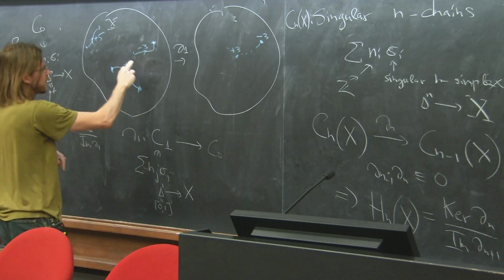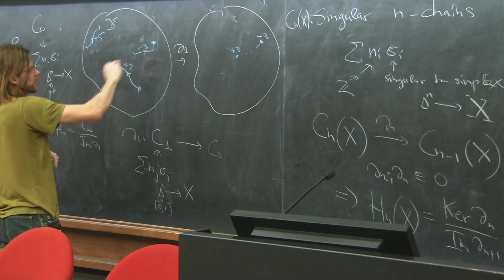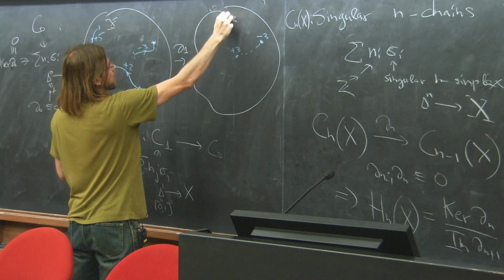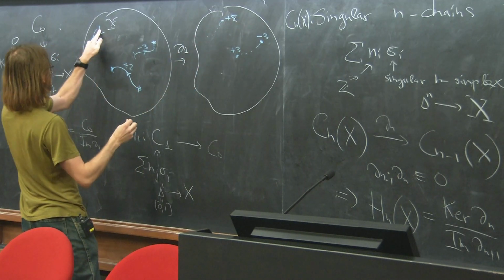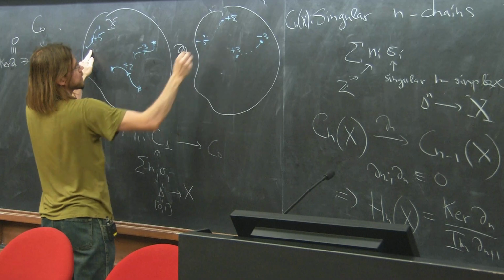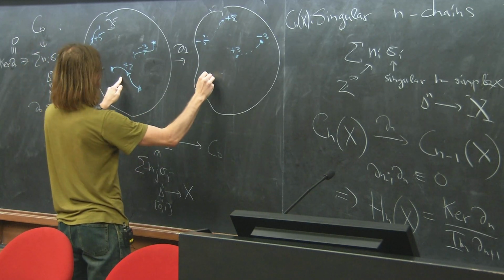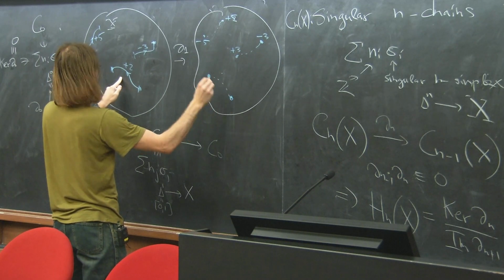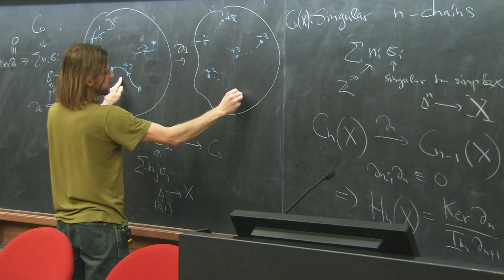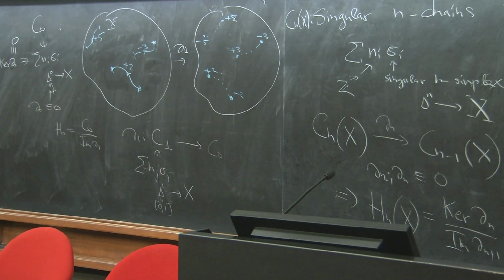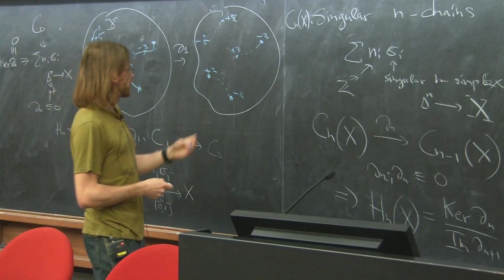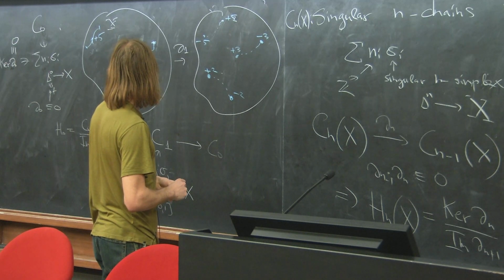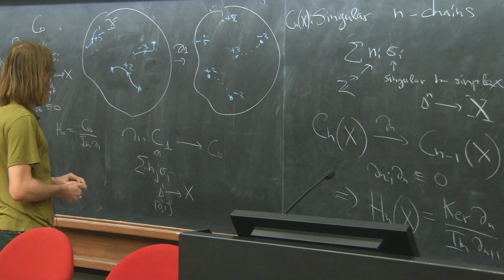This is how d acts on this interval weighted by -3. Similarly here you will have +5 from this boundary component and -5 from this one. Here similarly, +2, -2. And so in particular, this means